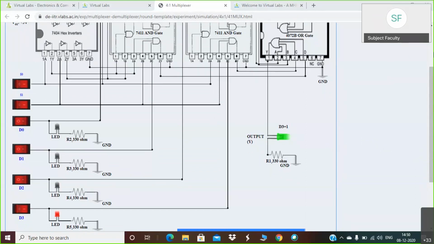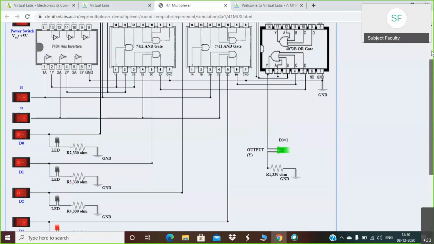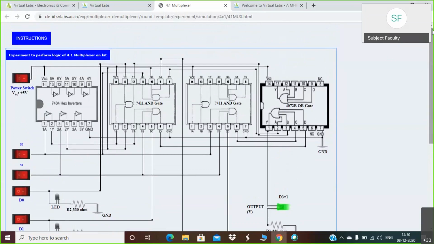So we are performing the practical of the 4:1 multiplexer. Here different ICs have been used for the 4:1 multiplexer, and don't worry about these different ICs.